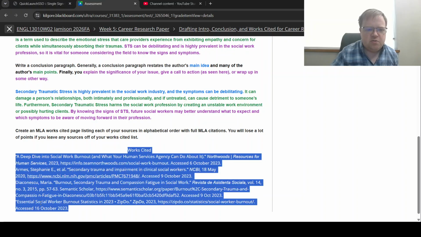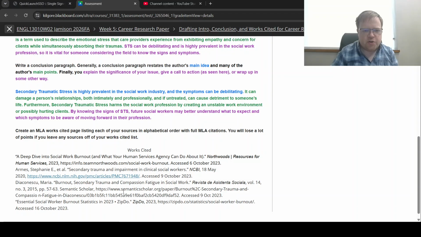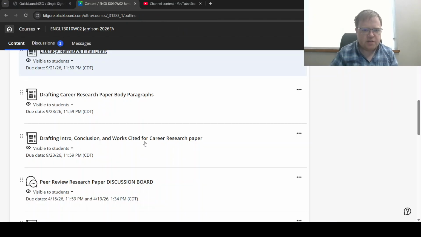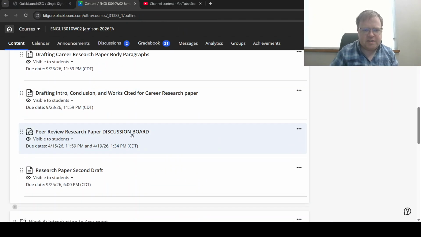Your works cited page in real life should be probably spaced different than this, but this is an example from the STS assignment, or the STS paper that you saw before, where she has all of her complete works cited citations in alphabetical order here in the works cited page. So you'll make all of those. The video covers more in detail of how to do all of that. And then you'll put all of that together